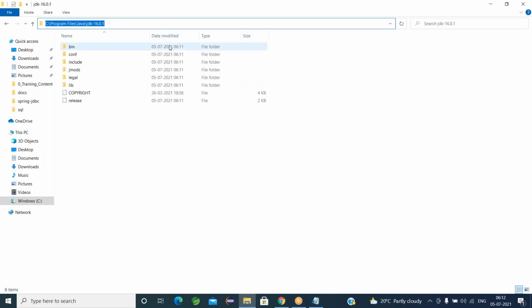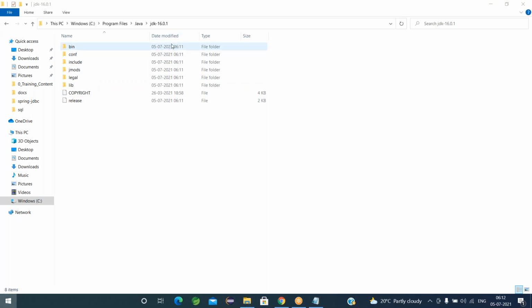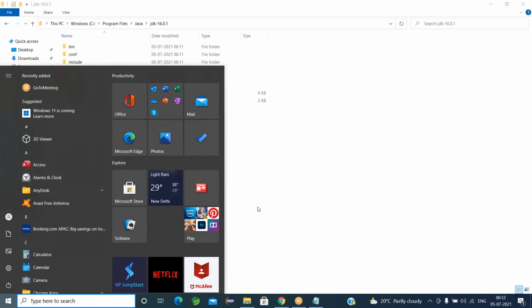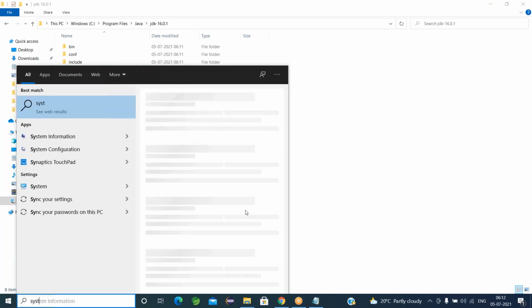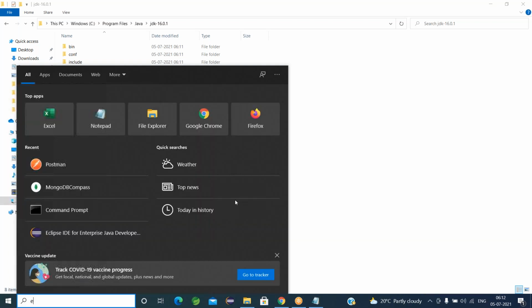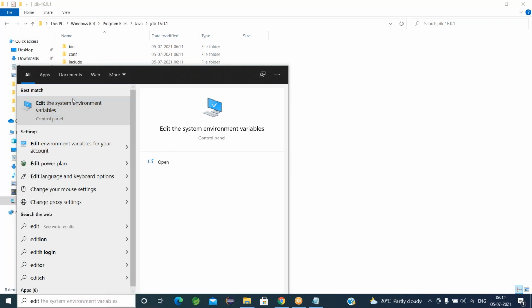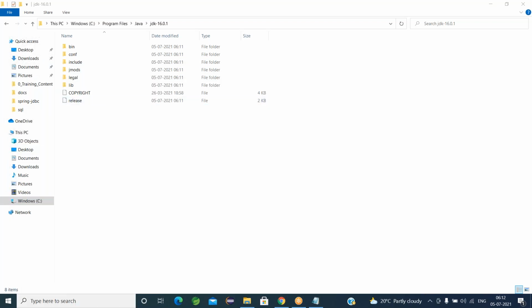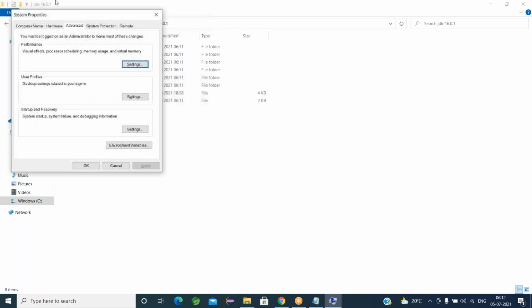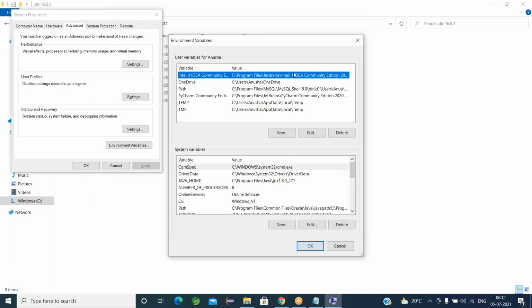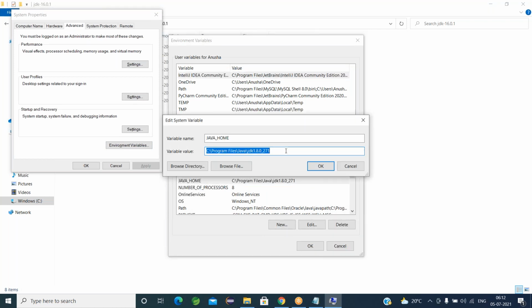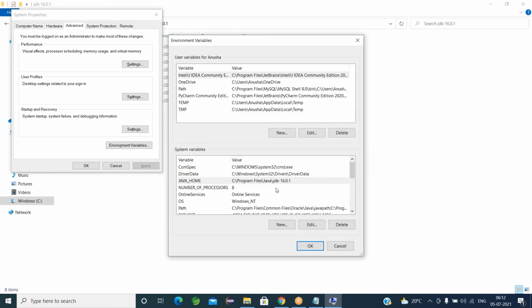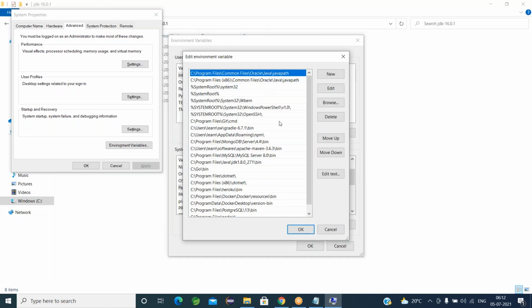In the latest versions you can install multiple versions of Java. So I'll edit the system environment variables. You go to the environment variables, find Java home, and change it to my Java 16. At the same time, in the path variables, if there is any Java related stuff,